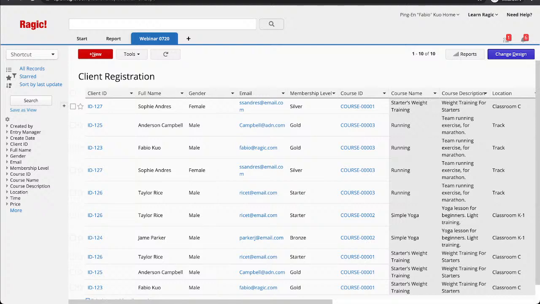And I think for most cases, Ragic will work for your organization. It just depends on how you are designing your database and what your database requirements are. And if you need some assistance or guidance from us, feel free to click on the Need Help button located in the top right corner of your database to submit a support ticket.